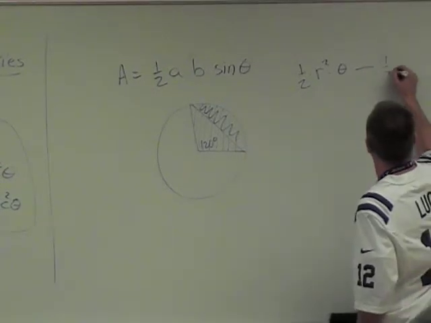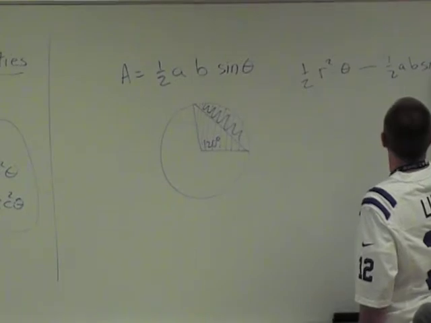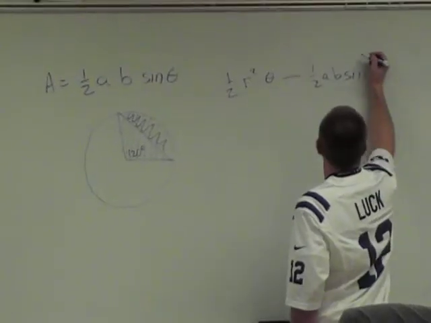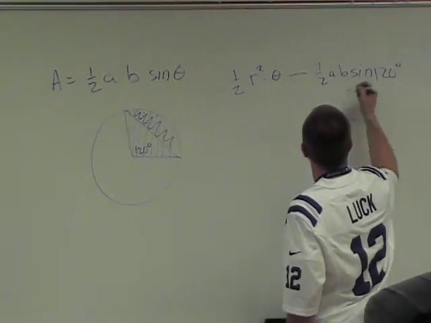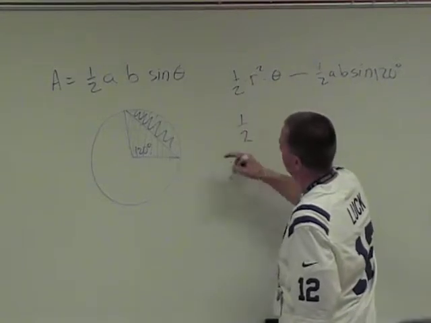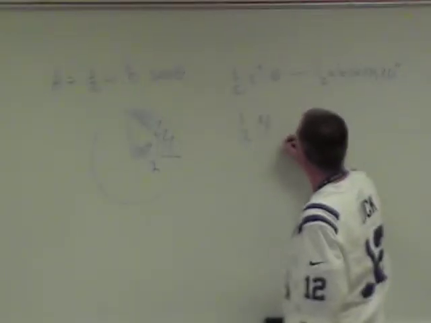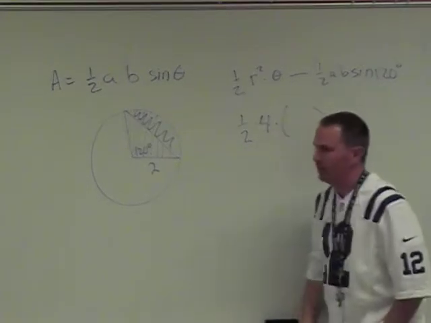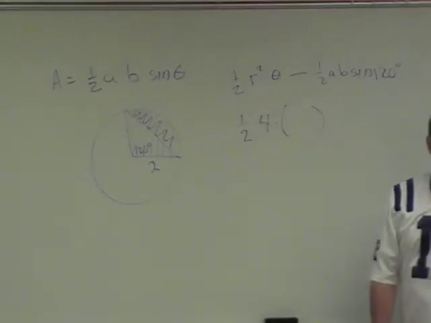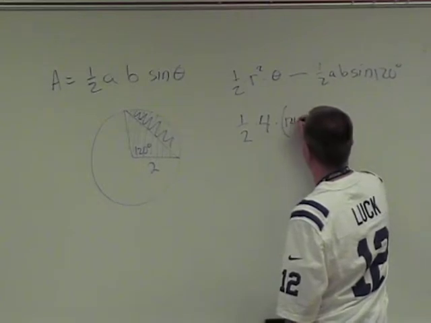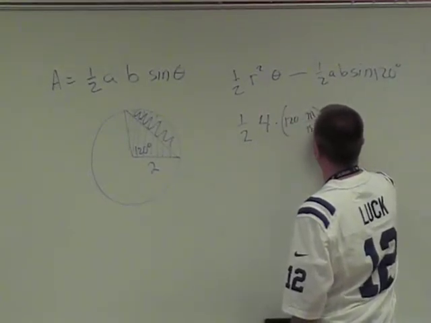Okay, 1/2 AB sine of 120 degrees. This one is 1/2. The radius is 2, so that's 4. Theta has to be in radian mode, so you take 120 times pi over 180